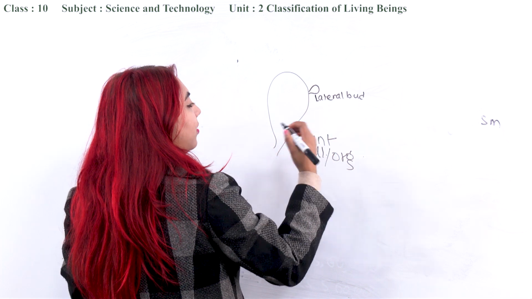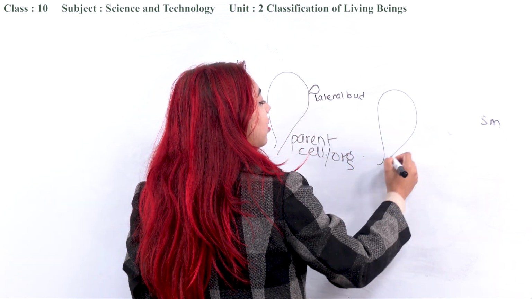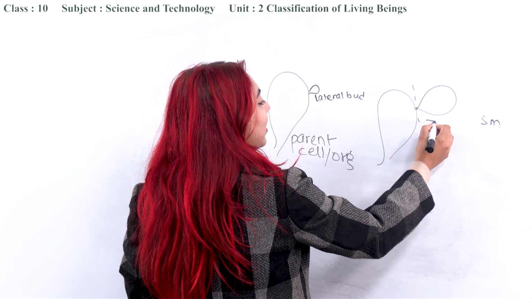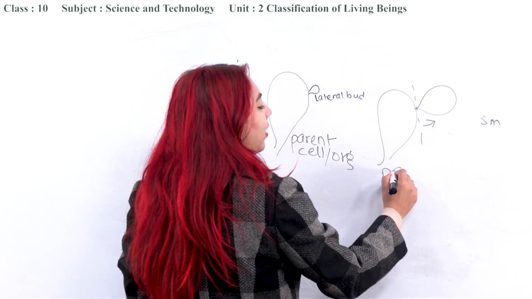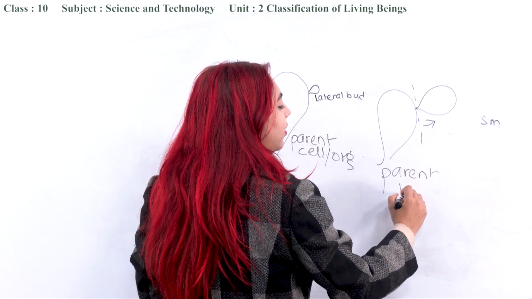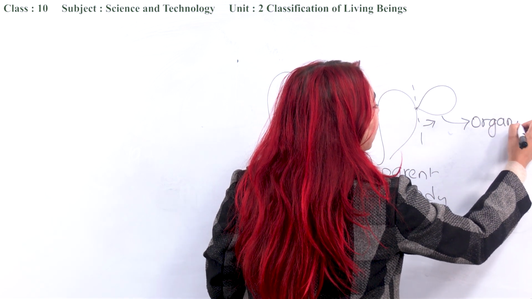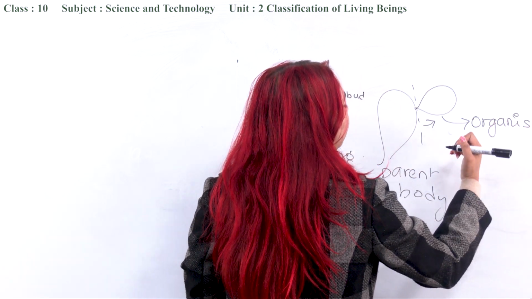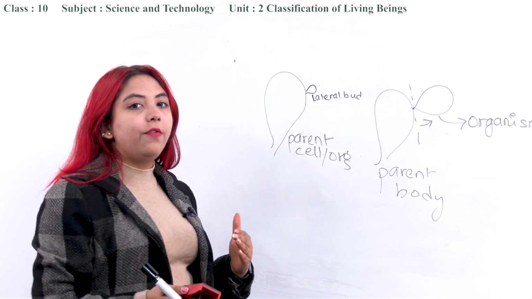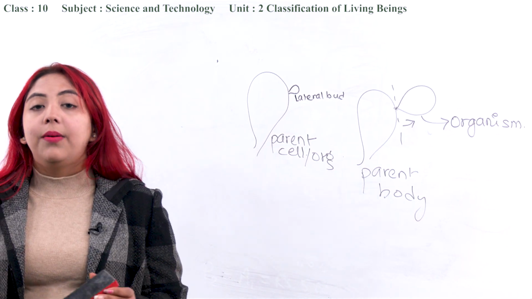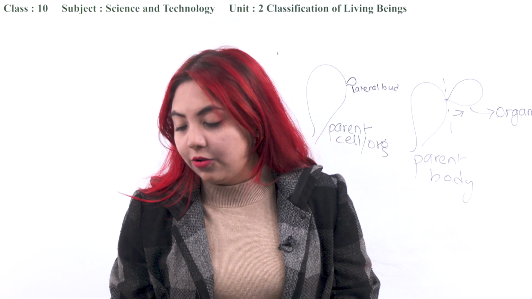Now this lateral bud grows and later it just detaches itself from the parent body. Then it forms a new organism. This is also another mode of asexual reproduction that might occur in the organisms that belong to the